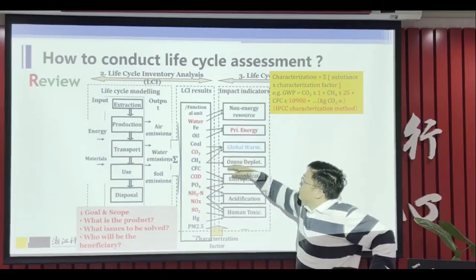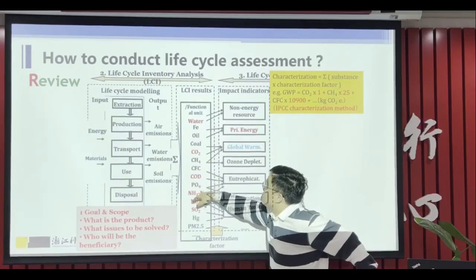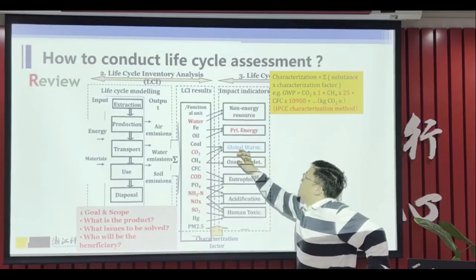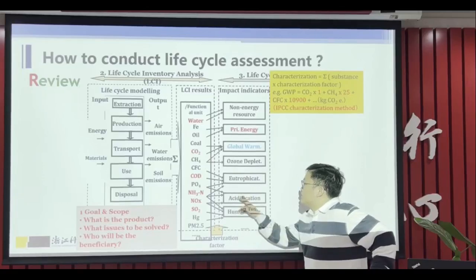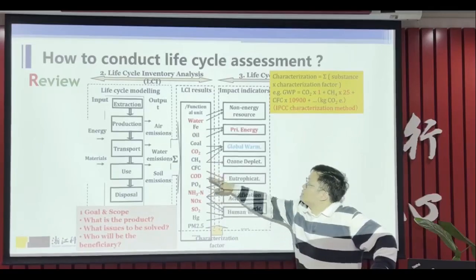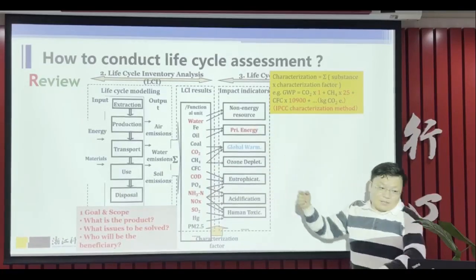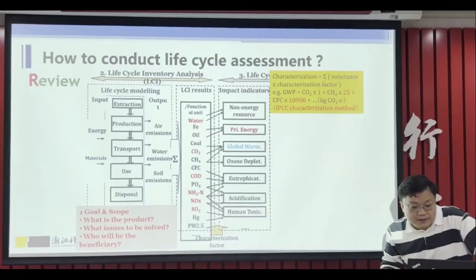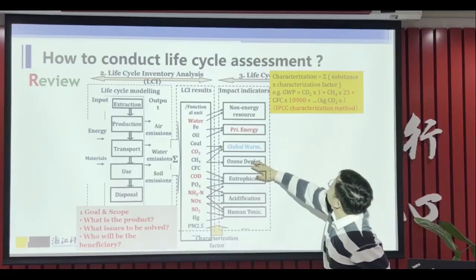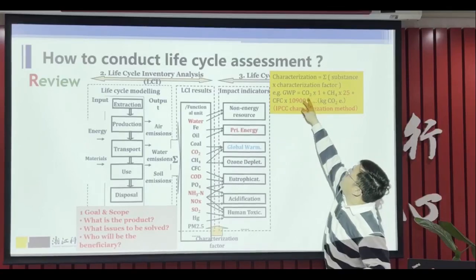For example, we should put the CO2 emission, CH4 emission, and CFC emission into the global warming potential category. And also we have the acidification potential category. We put all these emissions into different environmental impact categories. This is the life cycle impact assessment. For example, for the global warming potential impact, we know that 1 kilogram of CO2 equals 1 kilogram of